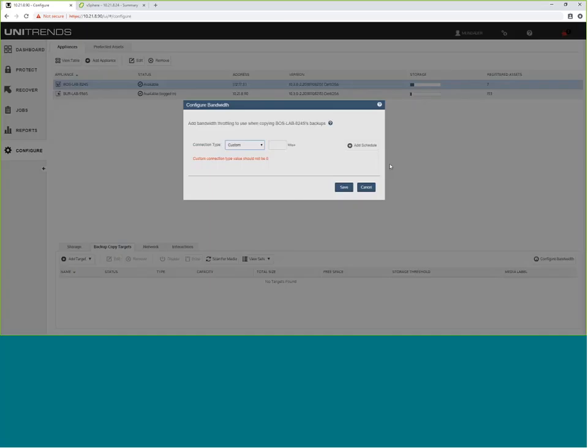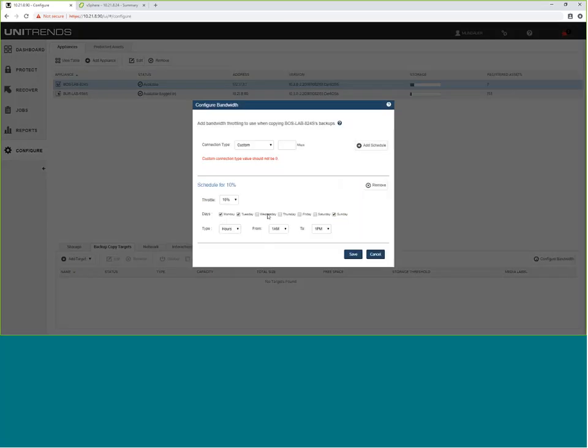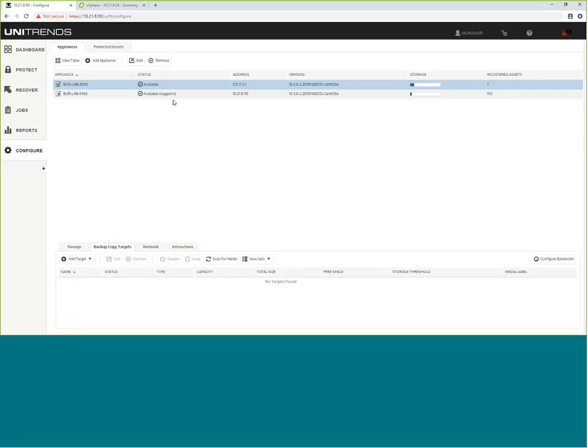It's always important to ensure that bandwidth is not going to be impacted just because you're replicating data off-site. So we allow you to really easily, on a schedule, ensure that during business hours, during the week, you're only going to use, for example, 10% of your available bandwidth. This will limit any impact to the end users of your organization. There will be no lag or frustration just because your backup data is replicating off-site.